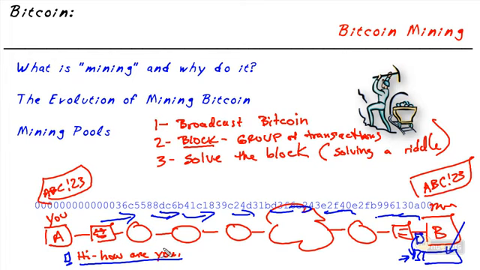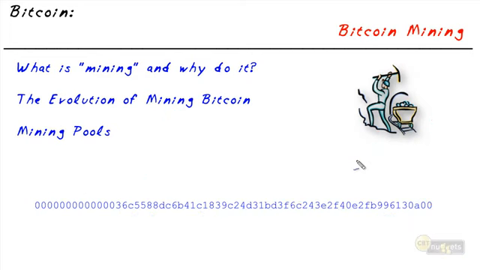Well, each of the devices, each of the miners who have this block of transactions are going to have to create a hash on the actual content. Now, that content of the block is going to have information about the previous block because it had a hash as well. It's going to have a whole bunch of different transactions in it. And what they have to do is generate a hash, but it can't just be any hash. The hash is going to have a whole bunch of leading zeros.